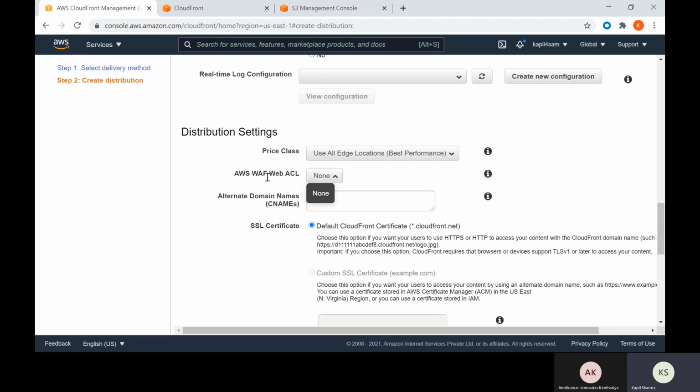If you want to have web application firewall in place, you can go and have your WAF policy. So again, WAF is a different service which is available in AWS. You can go and choose that. So when we go and create a distribution, we will get one DNS name by AWS. If you want to go and use that particular DNS name, you can go and use that. Or if you want to give a custom domain name, you can go and give your alternate DNS name as a CNAME.